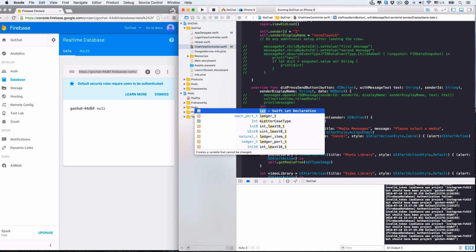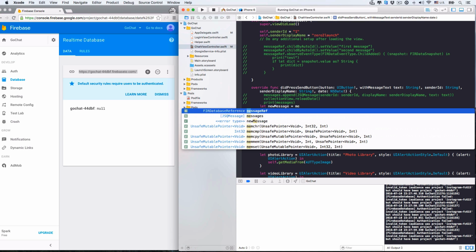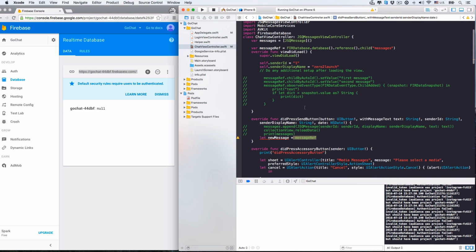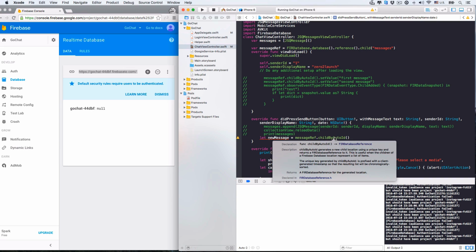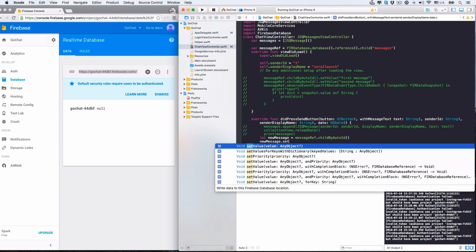We'll push message data here after a user sends a message. Okay, good. Now, let's create a new message reference from the Firebase message location, which is the location of all messages on Firebase we've just created. From it, create a new child reference with a random ID. We talked about this function in the last lecture. Our plan is to push new message data to this child location. So, at this new message location, set the value to